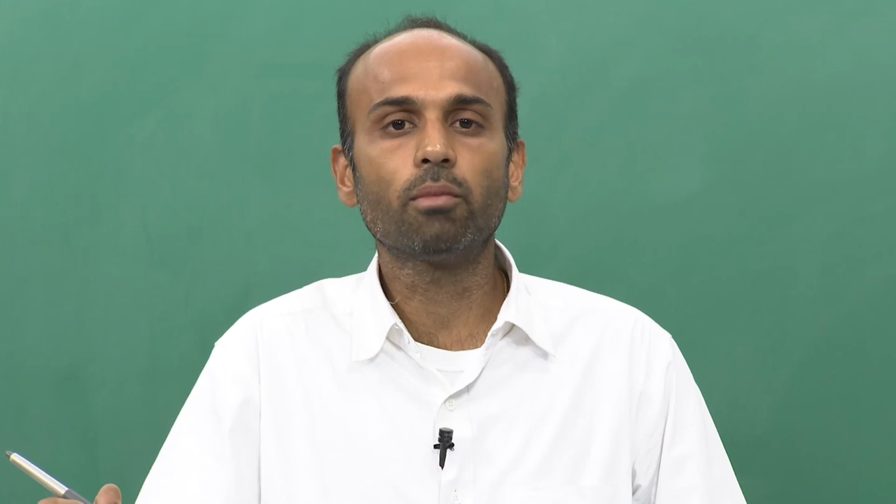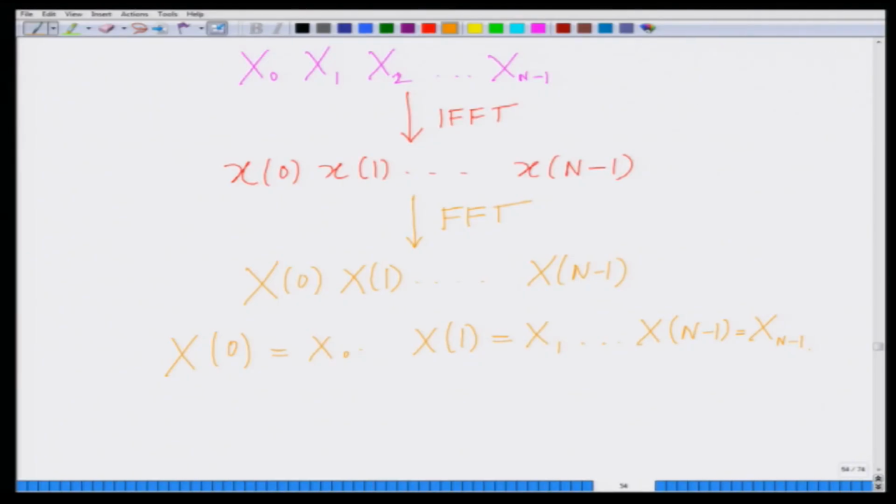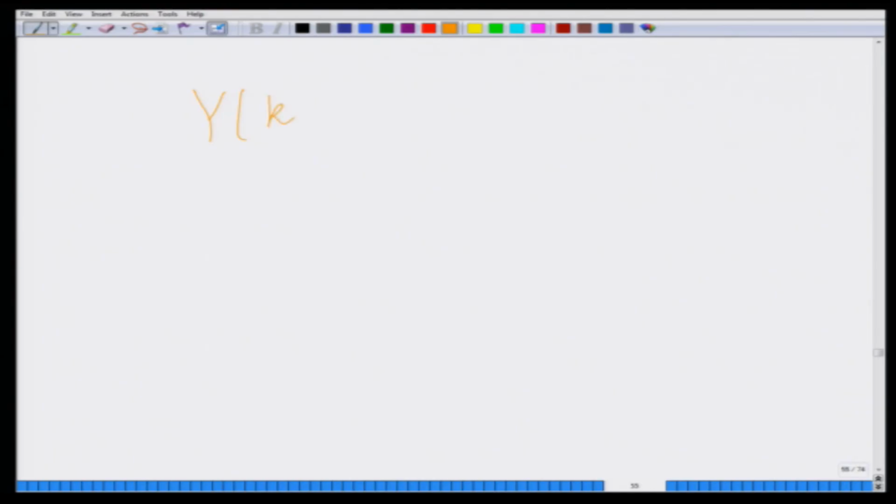Capital X sub 0, capital X sub 1 until capital X sub n minus 1, initially taking the IFFT to generate the OFDM samples, and then I am generating the FFT again. So, the IFFT and FFT cancel, and I therefore get back the symbols that are loaded onto each subcarrier. Therefore, very interestingly, what I have is Yk in an OFDM system after the FFT, Yk equals Hk times Xk. Yk is the symbol on the kth subcarrier,